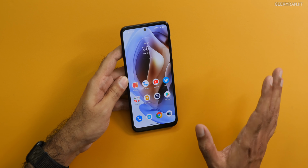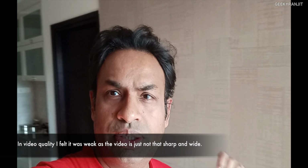That's what I wanted to say. The front facing camera is definitely better, I would say, and it takes pretty good shots. I was satisfied with the front facing camera, and here are some quick video samples that I've taken with the front facing camera. Hi guys, this is a quick sample from the front facing camera of this Moto G31,